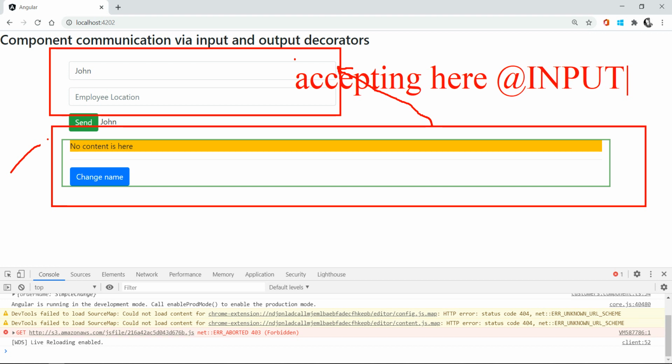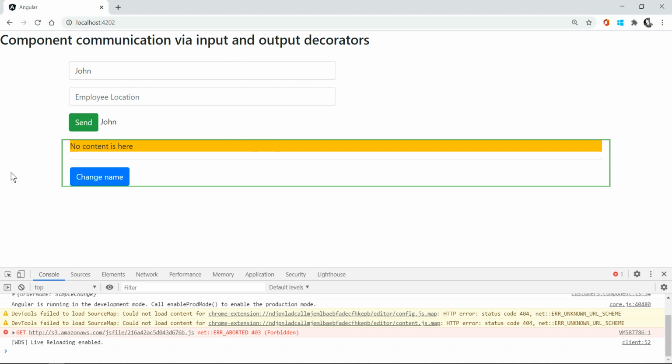I am sending the value, because you have to focus on this first component. Let's say this is the first component and this is the second component. The first component is accepting the value from the second component, right? The same thing I am using here.